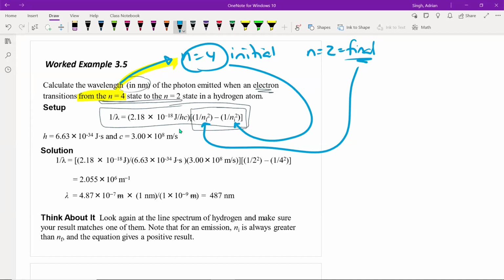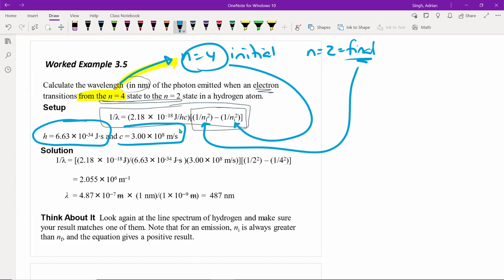Okay, so our h, our Planck's constant, we substitute that in. We have our speed of light, we can substitute that in as well into our equation. We have our 1 over 2 squared, that's the final, minus the initial, 1 over 4 squared. And we end up with our value for 1 over lambda, 2.05 times 10 to the 6 meters. Now, one thing you want to keep in mind: this is not meters, I'm sorry, it is meters to the minus 1 because it's 1